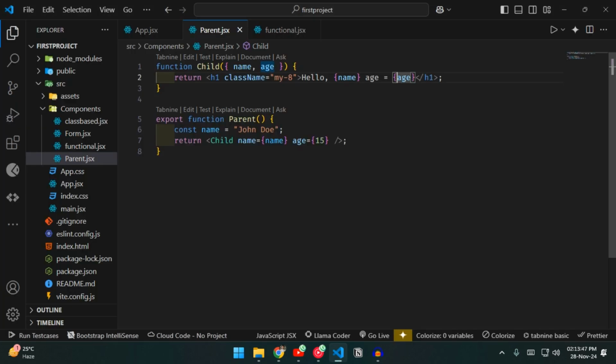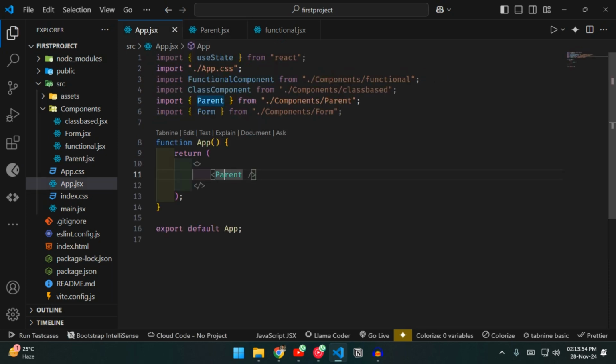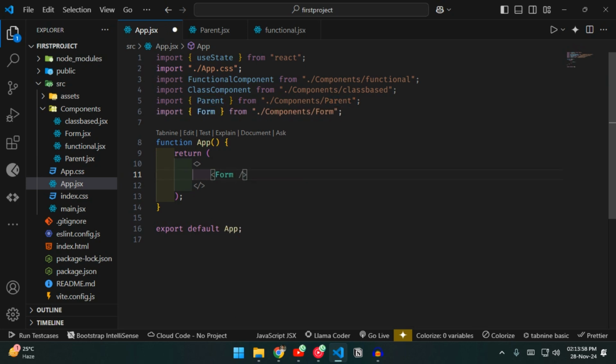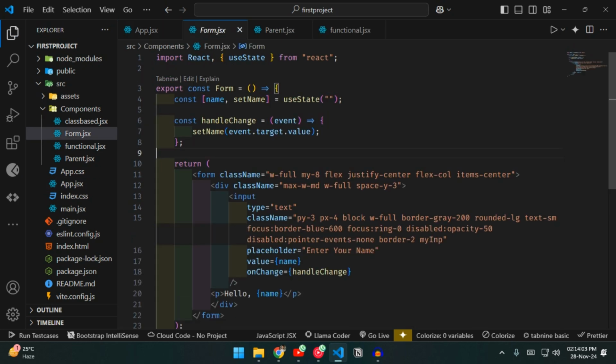So let's now understand what state is. I have created another component called form that I showed you in that image. This is our function to update that state value, and I have created this handle state function.